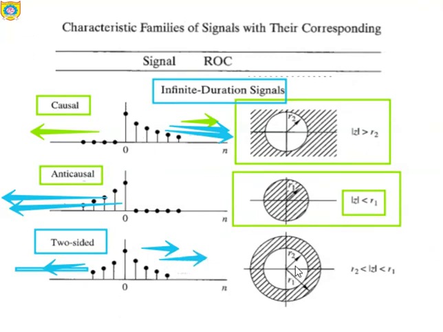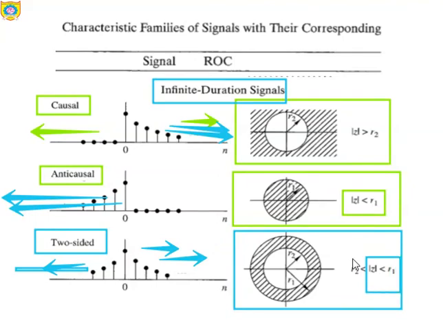If this is the case, then for this specific task we need an ROC which will justify this. So when mod z is less than R1 as well as mod z is greater than R2, it is pointed out here that mod z greater than R2 means the outer part of the R2 circle, and less than R1 means the inner part of the circle with radius R1. That's why it gives the ring format of the ROC.